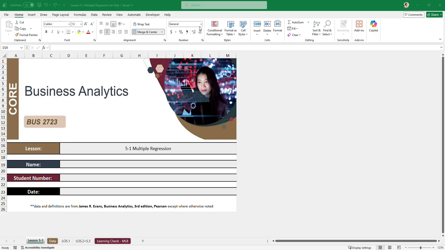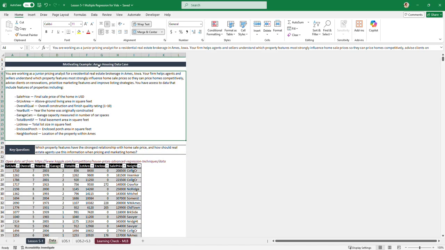Learning Outcome 5 is going to be broken down into two lessons. This first one covers multiple regression. Multiple regression builds off of simple regression that we learned about in Learning Outcome number 4. Because multiple regression builds off of what we learned on regression in the last lesson, we're going to use the